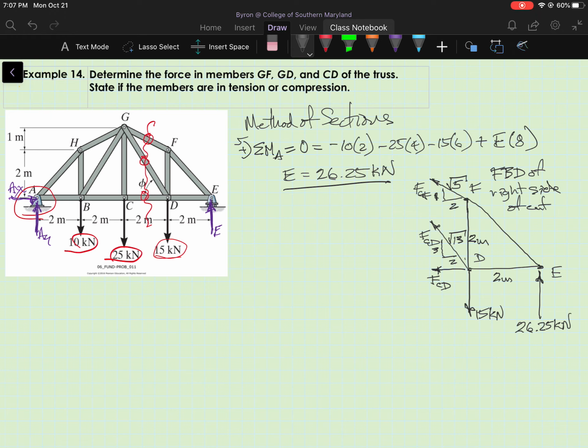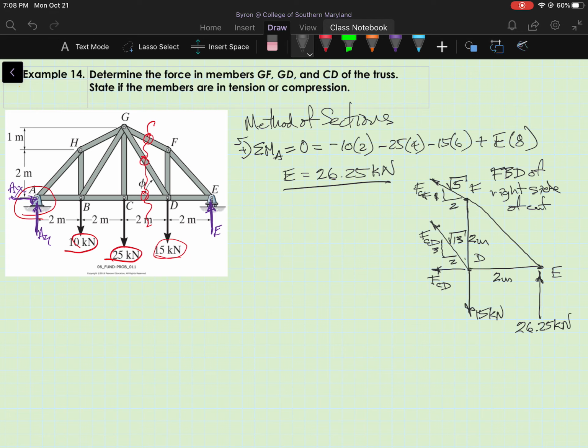Now, unlike the method of joints, this piece of the truss is a rigid body, so it's 2D rigid body equilibrium. I have 3 equations available to me: sum of the forces in the x direction, sum of the forces in the y direction, and sum of the moments about any point. All of those I can set equal to 0 since the rigid body is in equilibrium. And normally on these, you're going to write a moment equation first, and you'll usually find that writing a moment equation about some point will let you solve for one of the unknowns directly